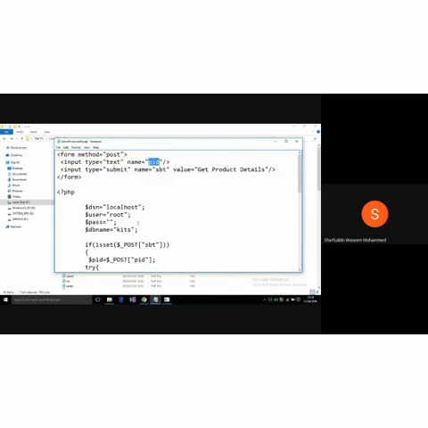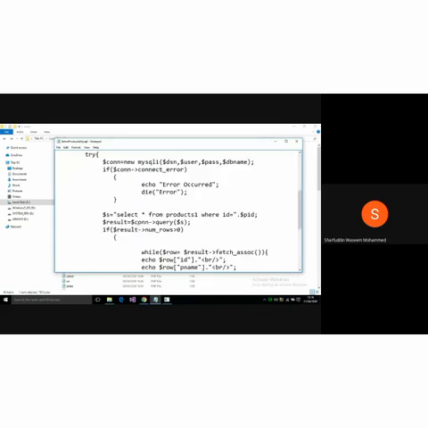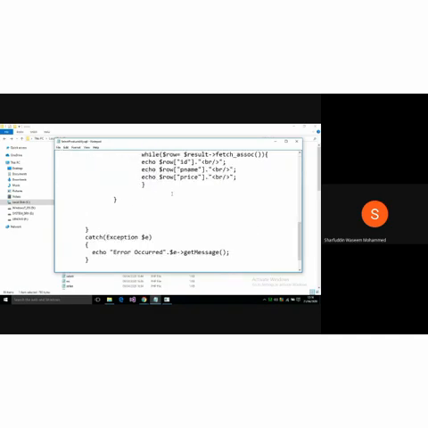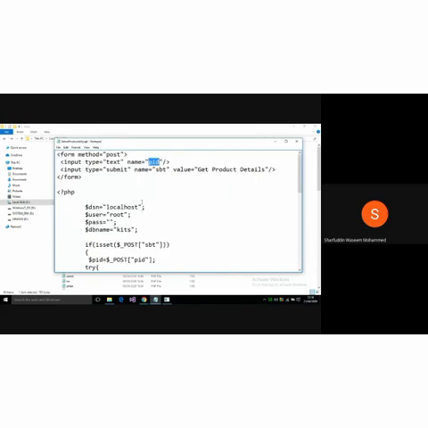Now what I can do is submit the product ID asynchronously, and this will return me a result. That result I will hold with the help of Ajax, and we can get the item. So we will check this.